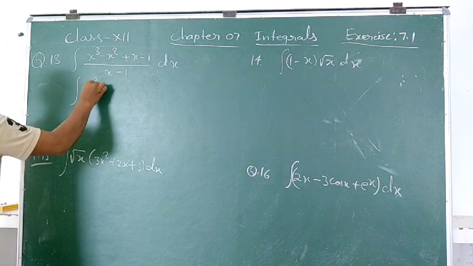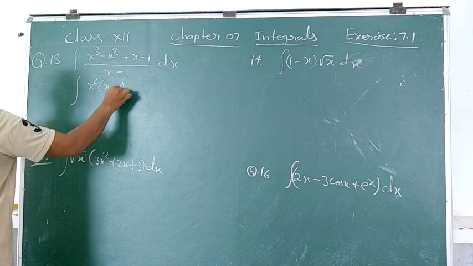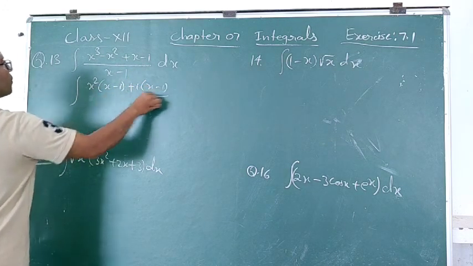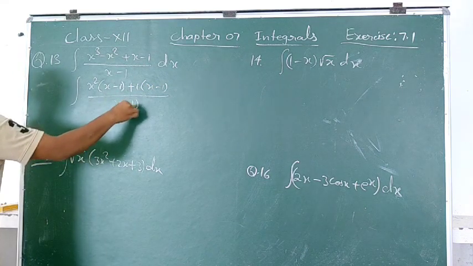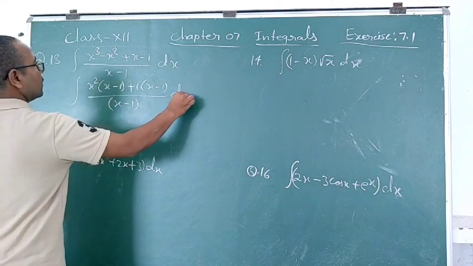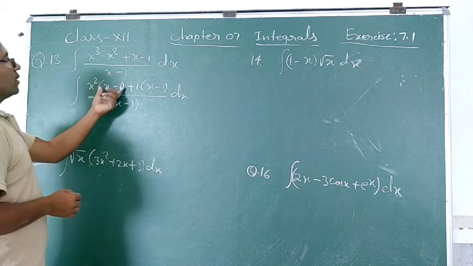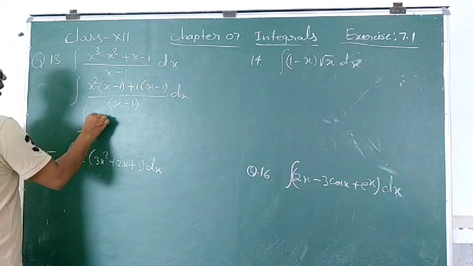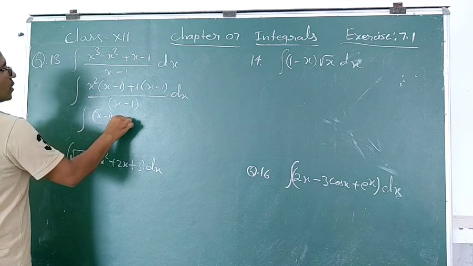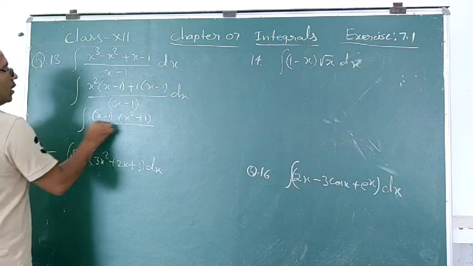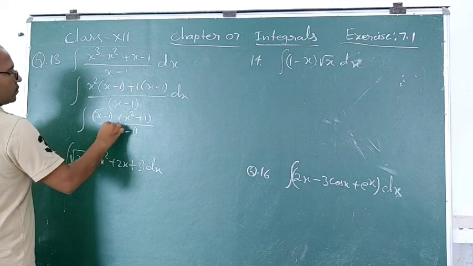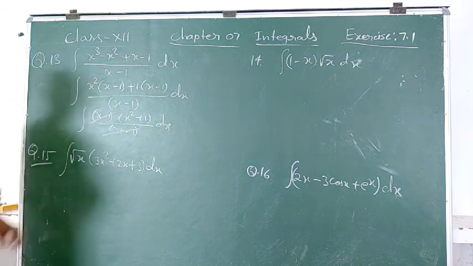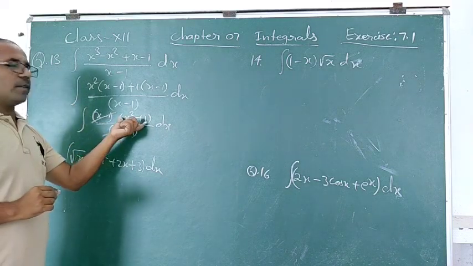Integral. So take x square common. So you will get x minus 1 in bracket plus 1. Take it common, so you will get x minus 1 by x minus 1 into dx. You will get this much. So now students, x minus 1 you can take common again. So you will get the integral of x minus 1 common, x square plus 1 upon x minus 1 dx. Now this and this can be cancelled. So now this much is remaining here, x square plus 1.